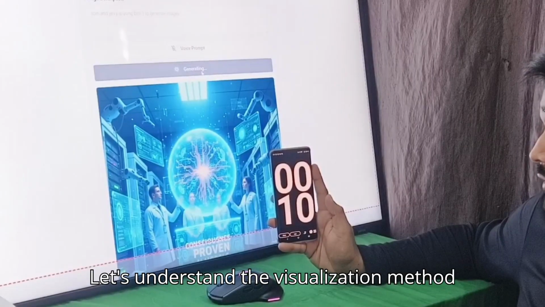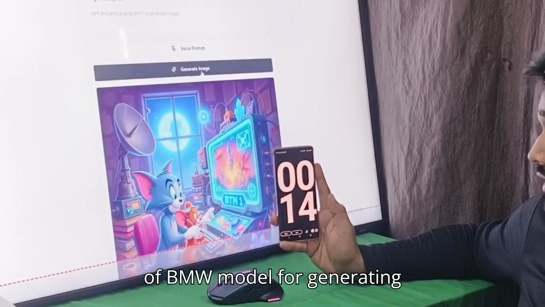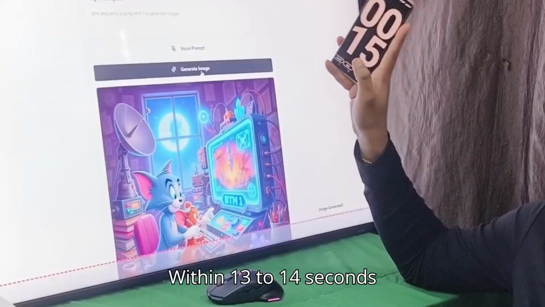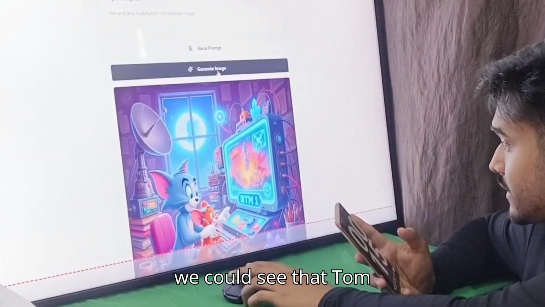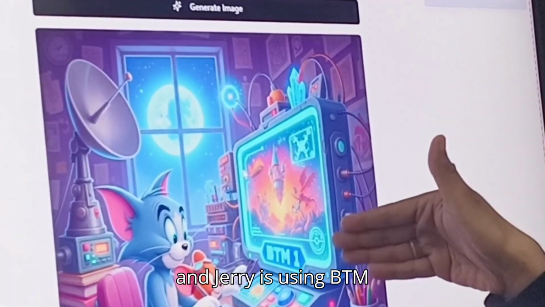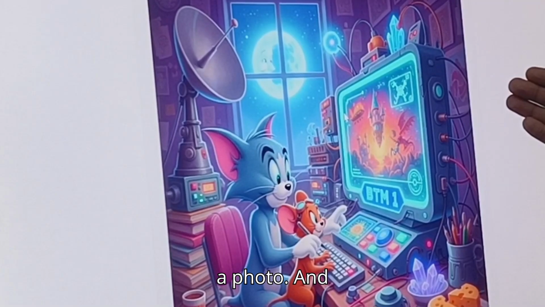Let's understand the visualization method of BTM1 for generating these photos within 15 seconds. Within 13 to 14 seconds, we could see that Tom and Jerry is using BTM1 to generate a photo.